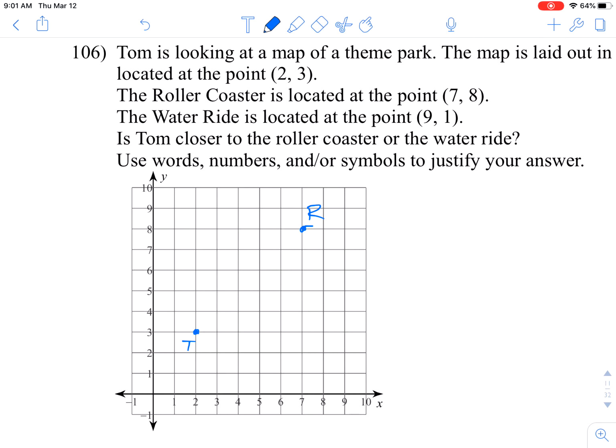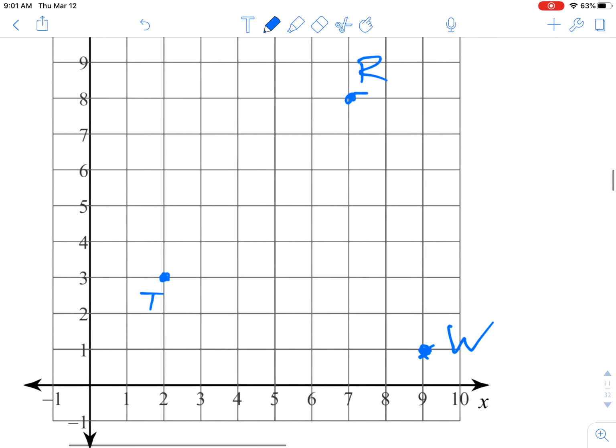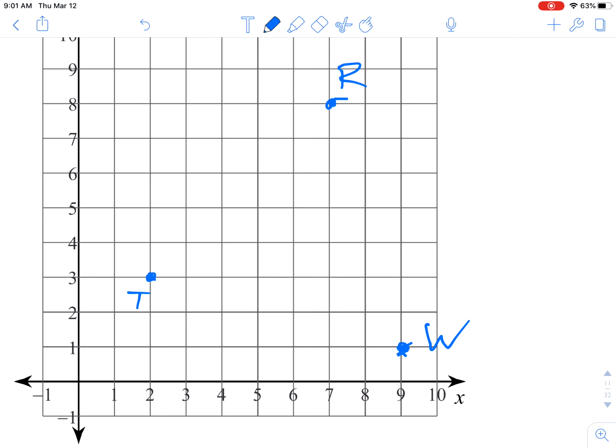The water ride is located at 9, 1. We'll label that one with a W. It says, is Tom closer to the roller coaster or the water ride? Use words, numbers, or symbols to justify your reasoning. The first thing you're going to do is create some right triangles so that you can figure out the distance. So I'm going to connect